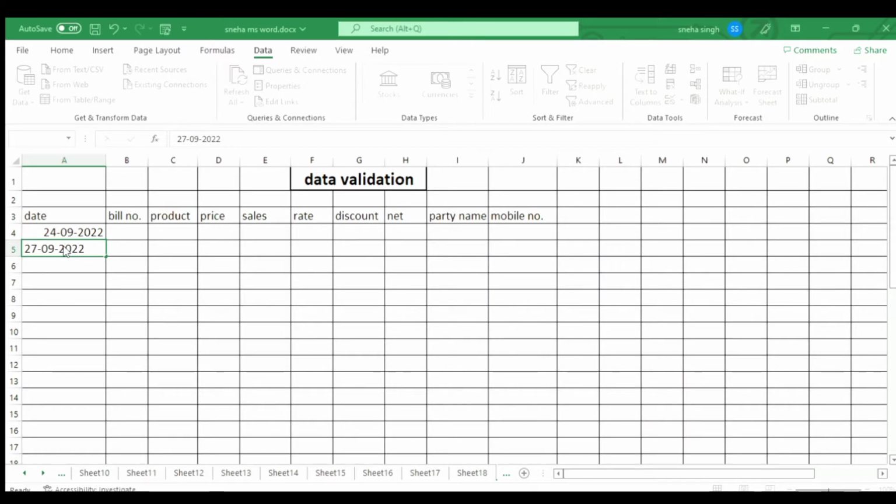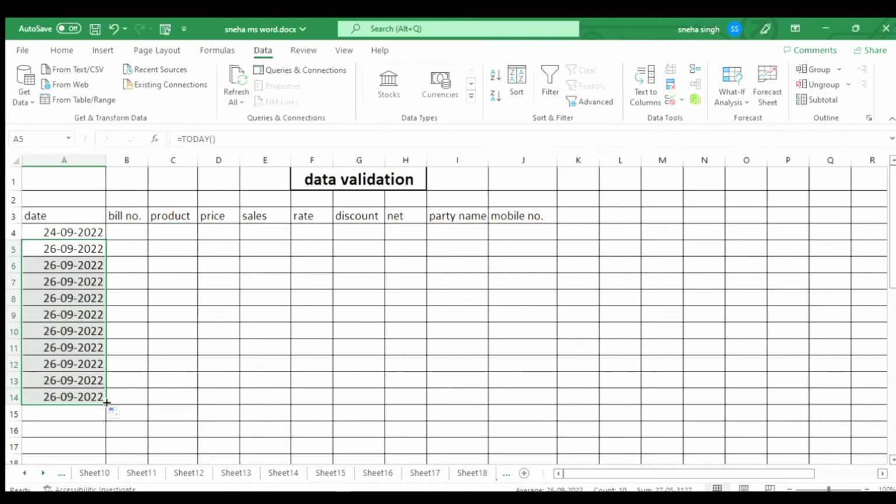In this way we got to know how we have applied data validation. In this way we can't make mistakes. If we make mistakes, it corrects us. So we are not able to write a value greater than 24. If we write a date less than 24 or today, we are able to write it. In this way our chance of making mistakes is very low. So it is very helpful.